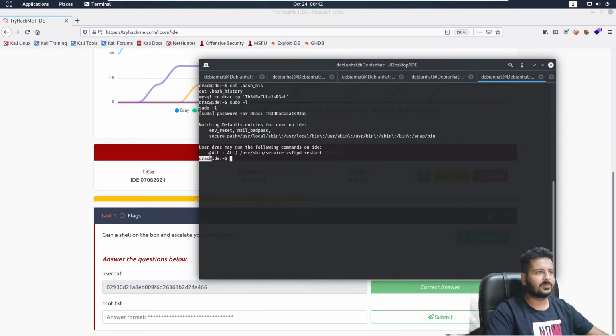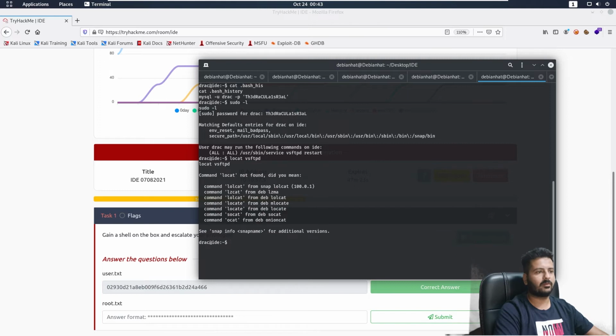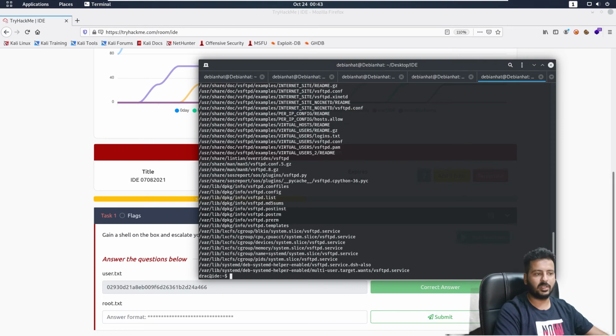So therein I go. What I can do is look for the service configuration files and try to mess with that. So what I'll do, I'll search for that. Locate. If I would be able to get something out there.